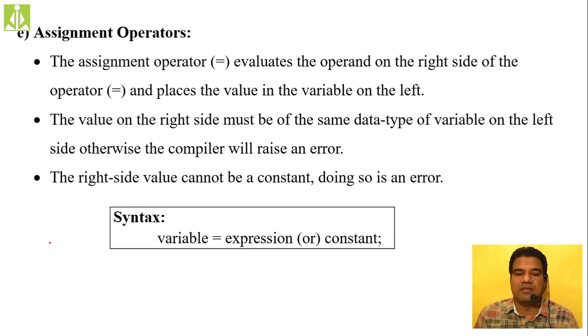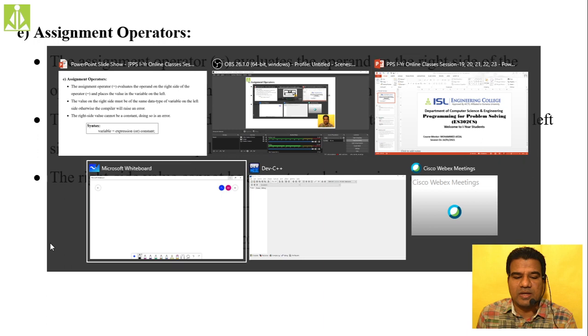Whenever it is used, the value or expression on the right-hand side of the assignment operator gets evaluated, and the final value is stored inside the left-side operand, which is the variable. So it is very simple.